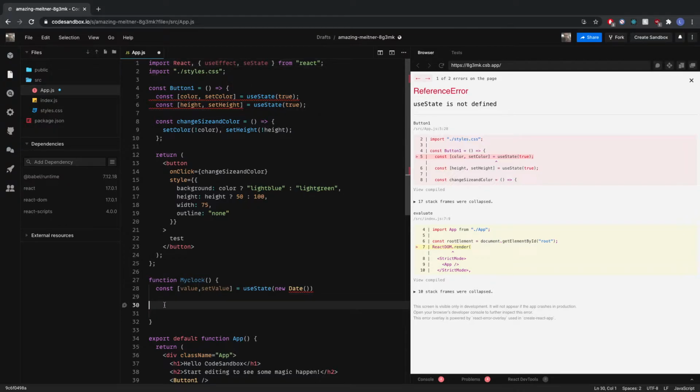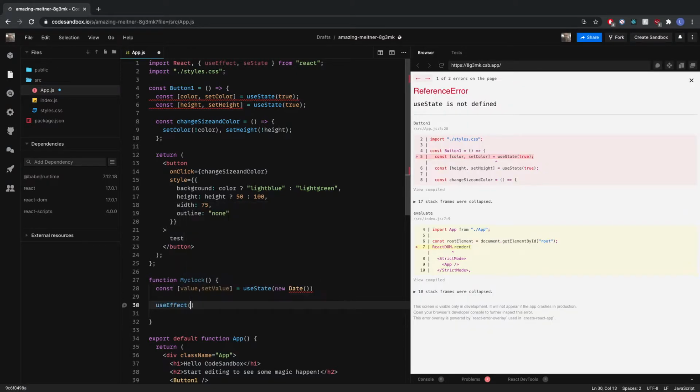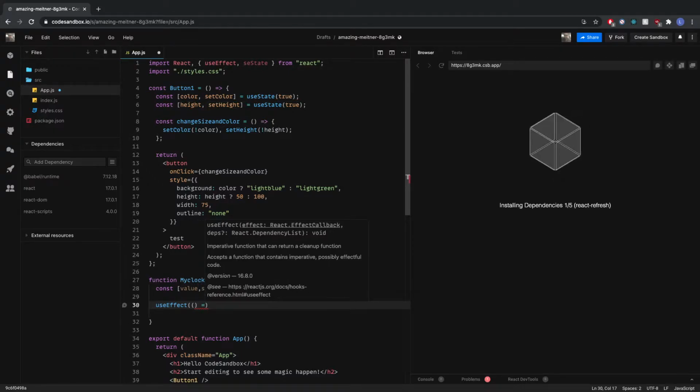So what we'll do right here is we'll set up useEffect. And as soon as the page loads, I want it to go ahead and do a function. Inside this function,